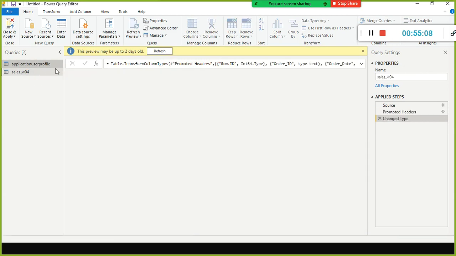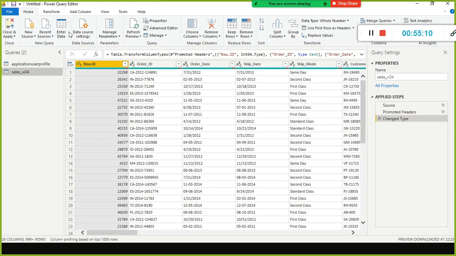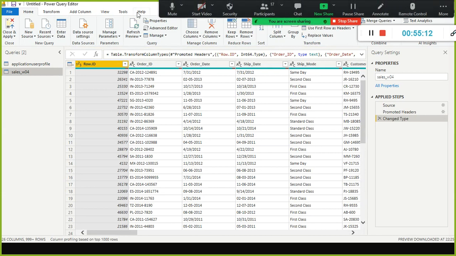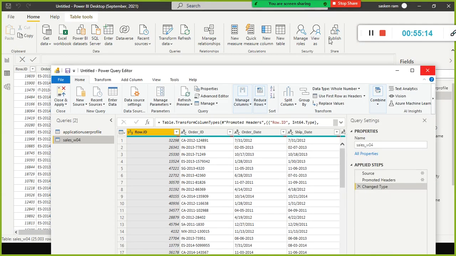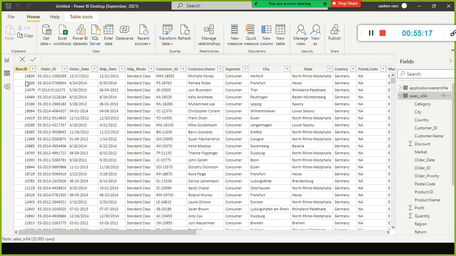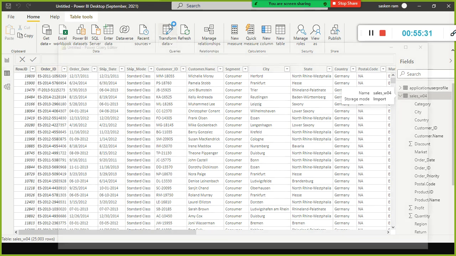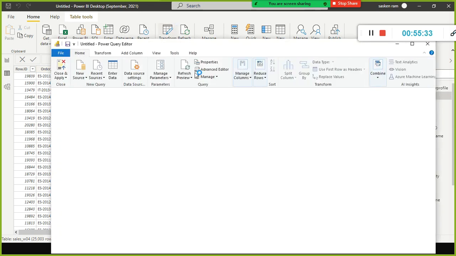What do you mean by transform? I just selected transform. See, we viewed the data here. By selecting this you can view the data, and if you want to make some transformation, because this data is not clean, it is dirty data, I am going to select transform data. Now we are in the data window. From here you can go to transform data. Even from the home ribbon you can go there.